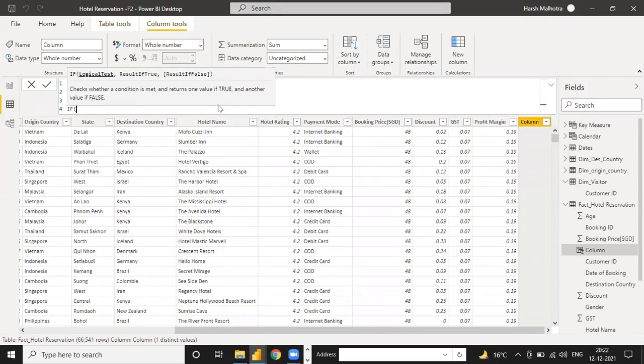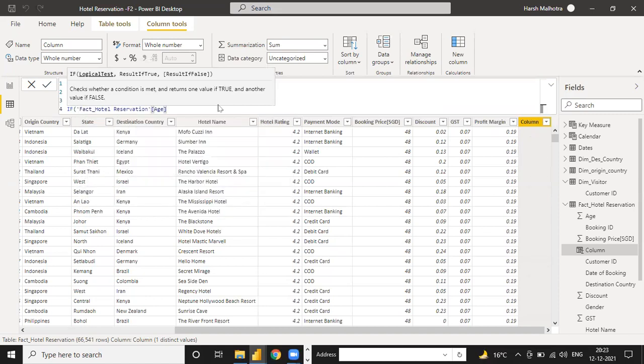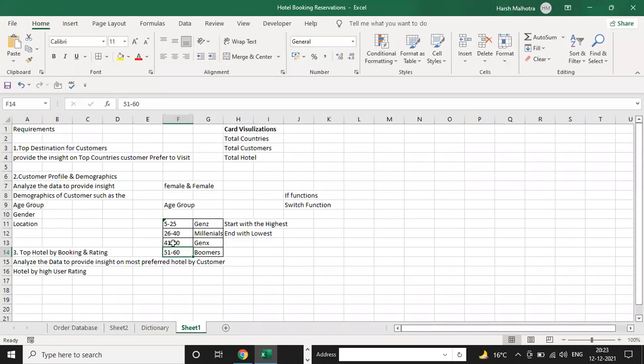If, again the logical test, the same: fact table age column greater than or equal to 41, then we need the value as gens. So you have to write it here as gens. Now result true, false. Go to the next line, because we have 4 conditions, so we should follow 4 conditions, like 26 to 40.